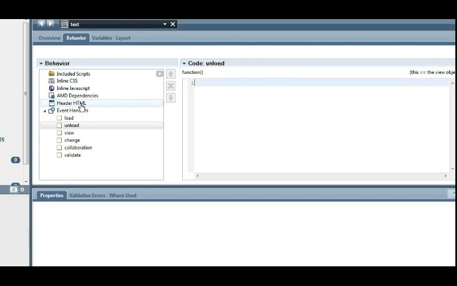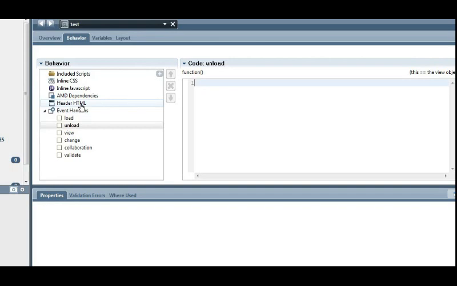So now let's look at the unload event handler. The unload event handler is called while the coach view is being destroyed from the coach context. This is quite useful in case we are storing large data in the system memory while forming a given coach view and it needs to be deleted once the coach view is destroyed, or in case we want to execute some script while destroying the coach view. This event handler acts more like the window.onunload event in plain JavaScript.